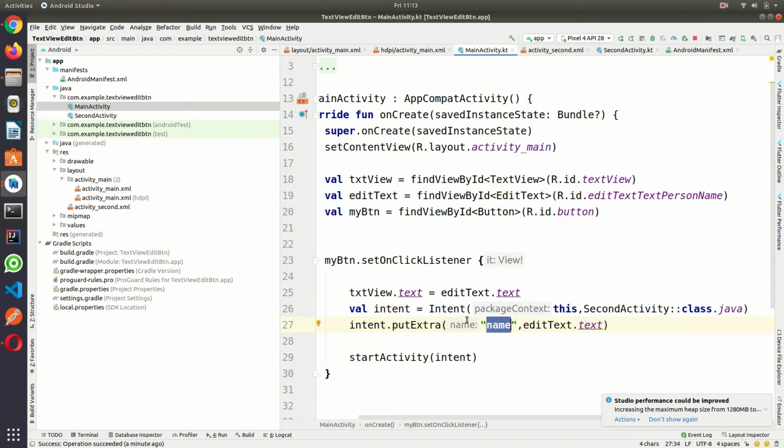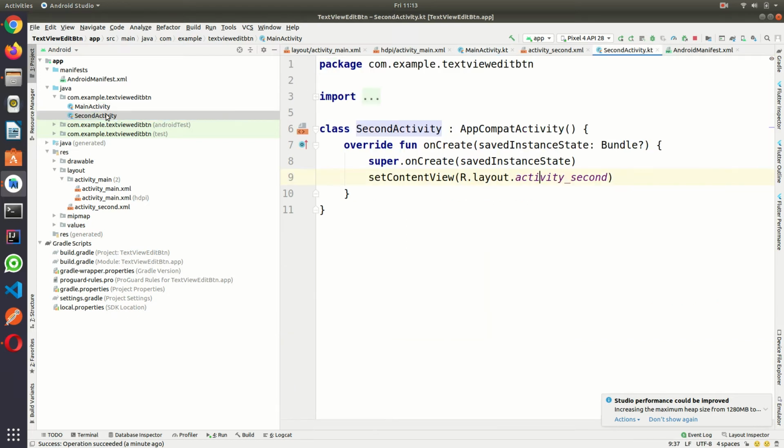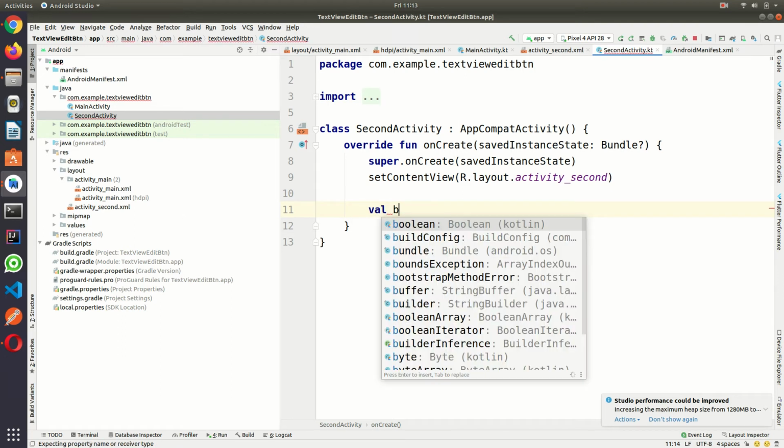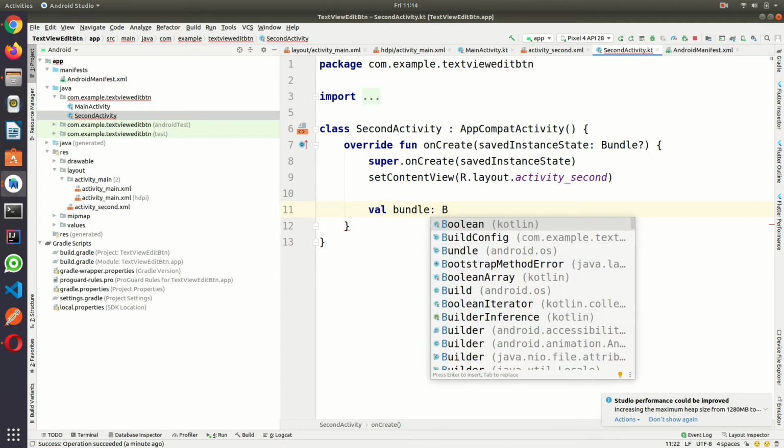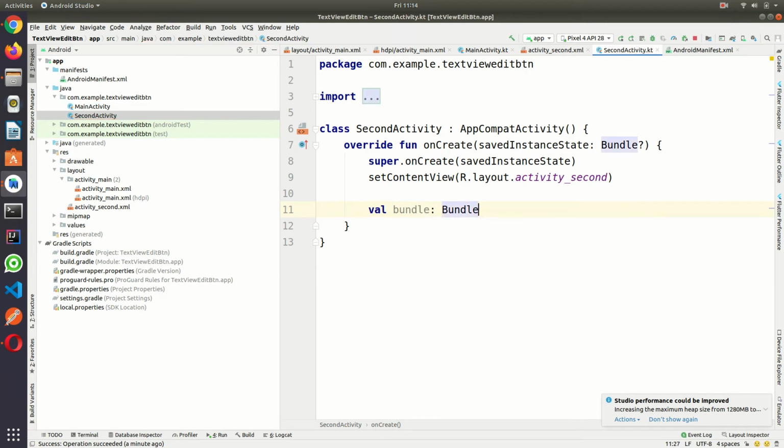Okay, now I can go to the second activity, and here I can receive that bundle. So I'll use val bundle is equal to intent dot extras.